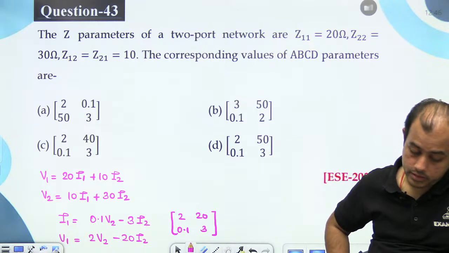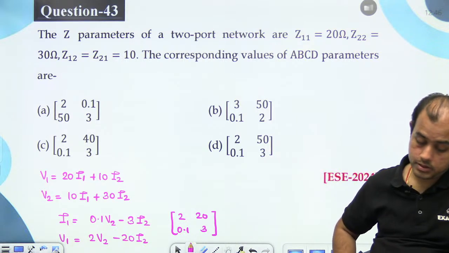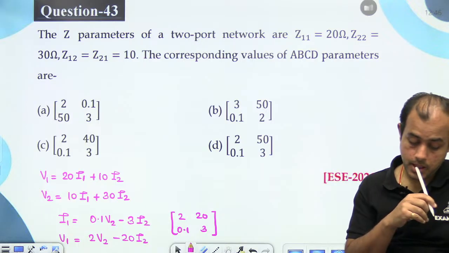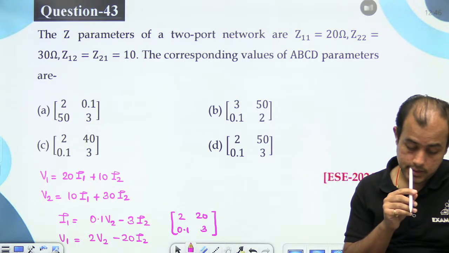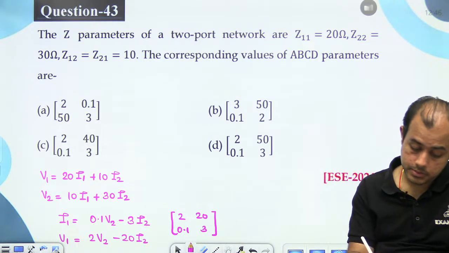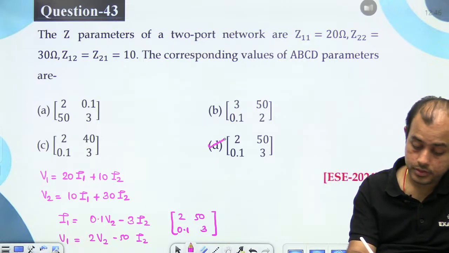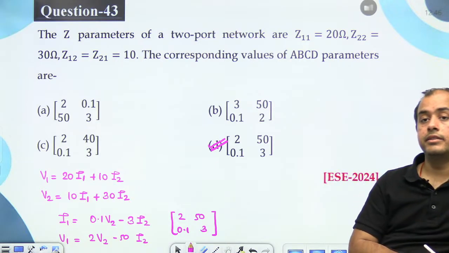V1 is 20 I1 minus 60 plus 30. एक सेकेंड, ये डालना है उसमें, 20 माइनस 60 प्लस 10 तो माइनस 50 होगा। तो डी, आंसर विल बी डी। वेरी गुड।